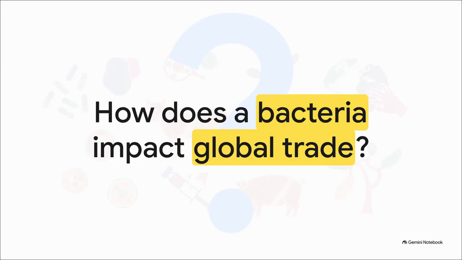You know, it's pretty easy to think of veterinary diseases as something confined to the barnyard, right? Out of sight, out of mind. But what does a microscopic bacteria in farm animals actually have to do with the global economy? Or, for that matter, the safety of the cheese sitting right now in your fridge? Well, as you'll see, the line between animal health, international commerce, and human safety is incredibly thin. And this particular pathogen, it knows exactly how to cross it.